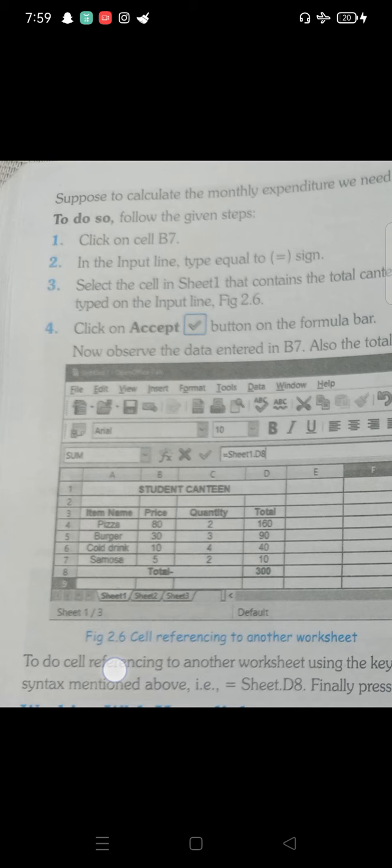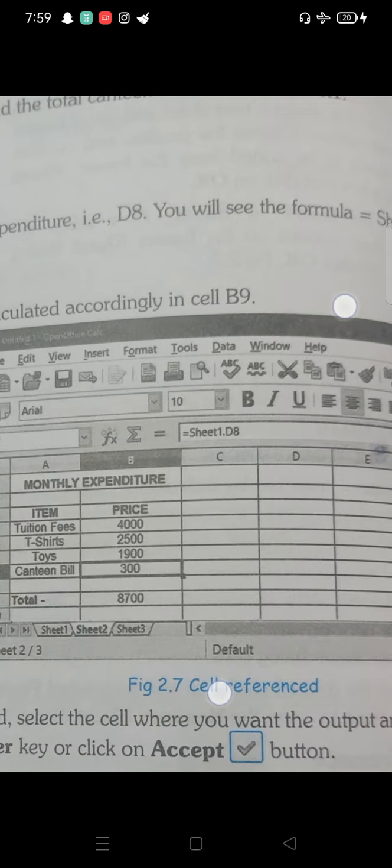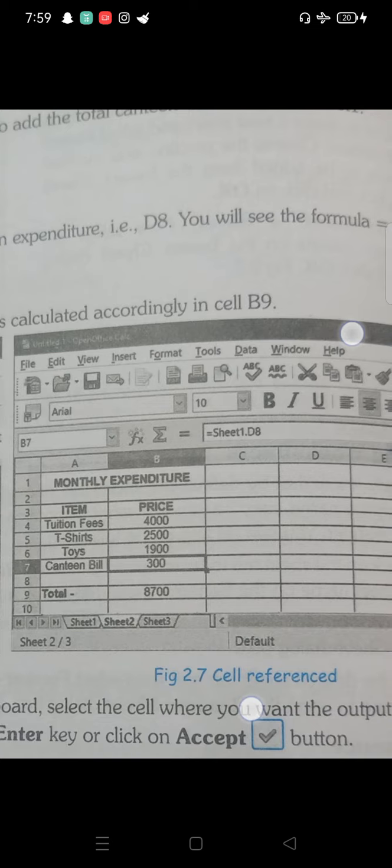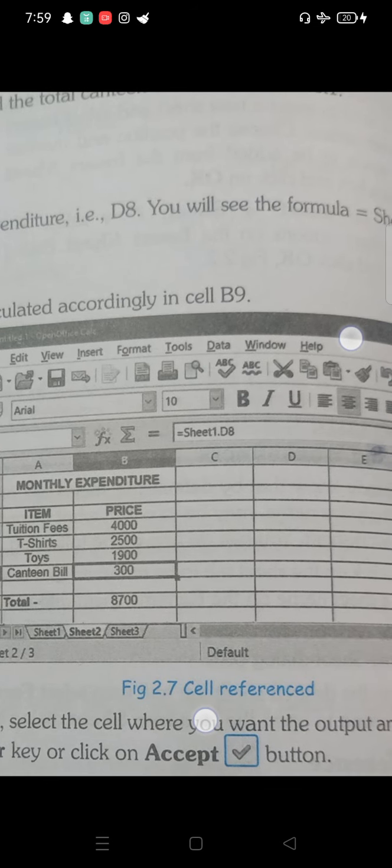The total amount of expenditure is 300, and you will also see it in the next sheet, figure 2.7, that is also 300 for the canteen bill. Also, the total is calculated accordingly in the cell B9.